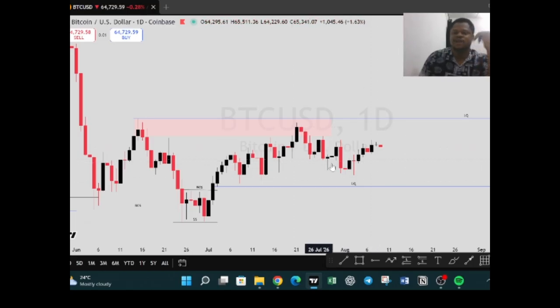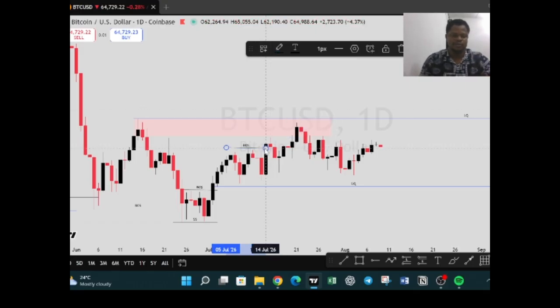Now another thing you can look at here is that for us to come down to this place and take out this liquidity, we need to see a break of structure to the downside. That is the only time we can say that this market is ready to sell to this point here so that we can buy from here to the upside. Now if I look at this price action correctly, I can see that after this break of structure, I had another break of structure to the upside,